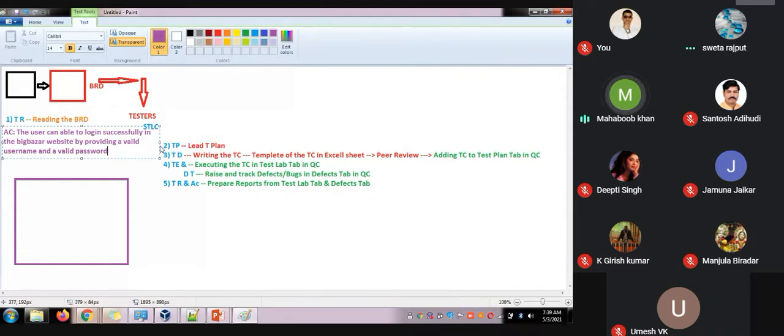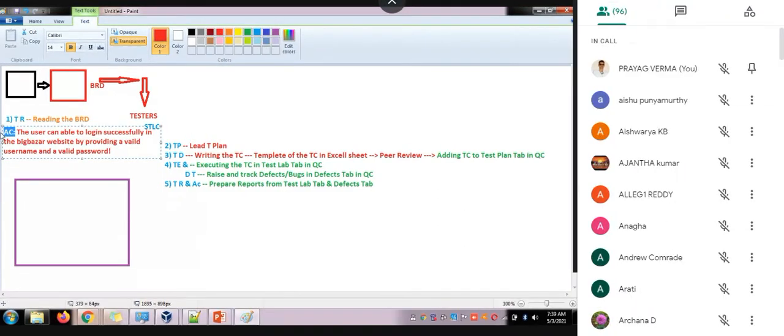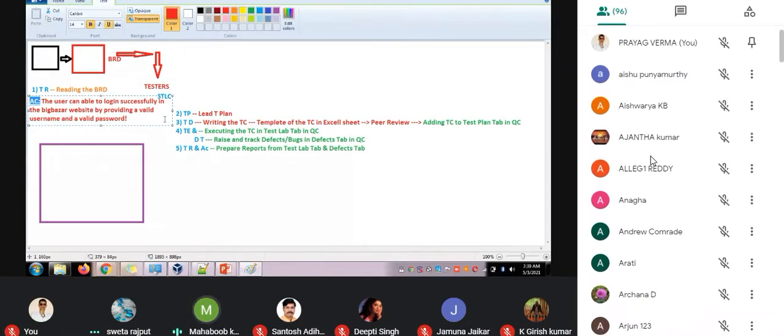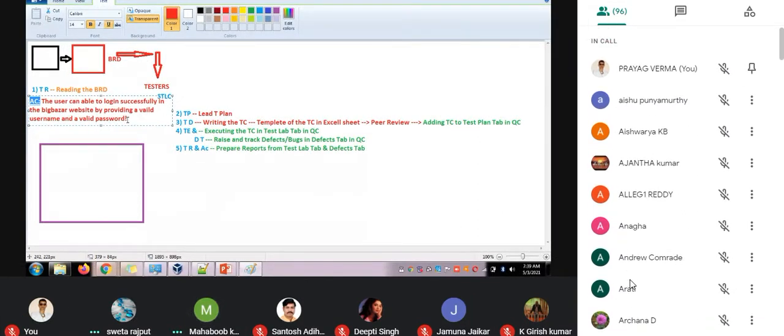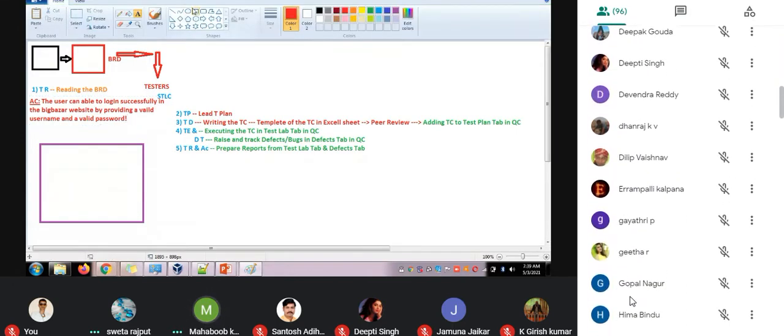Okay, so this is the requirement, guys. This is where the BRD or the requirements will be, where the sprint stories look like this. The acceptance criteria for this is the user needs to be able to log in, and the attachment here will be like this.